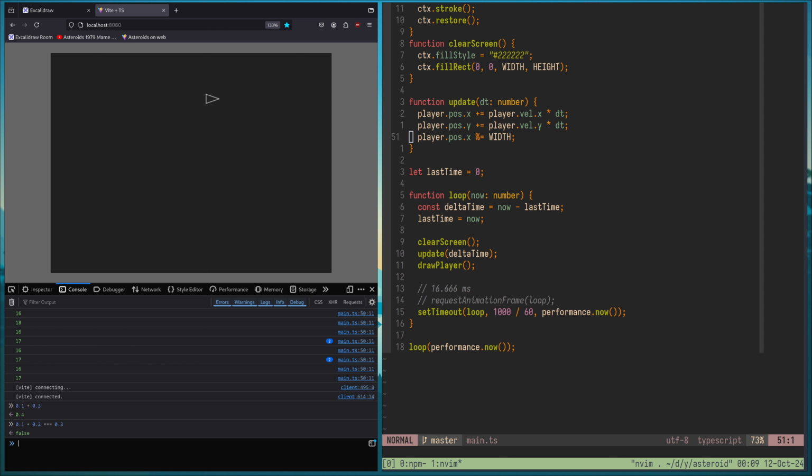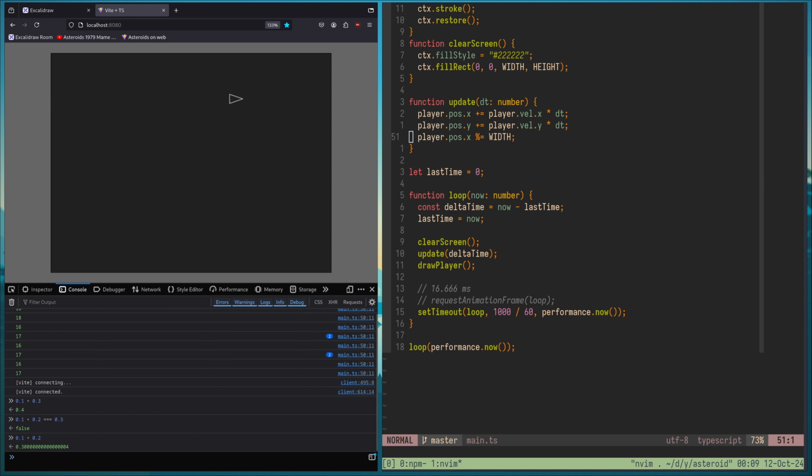It says false because 0.1 plus 0.2 is actually that. It's not exactly 0.3 because